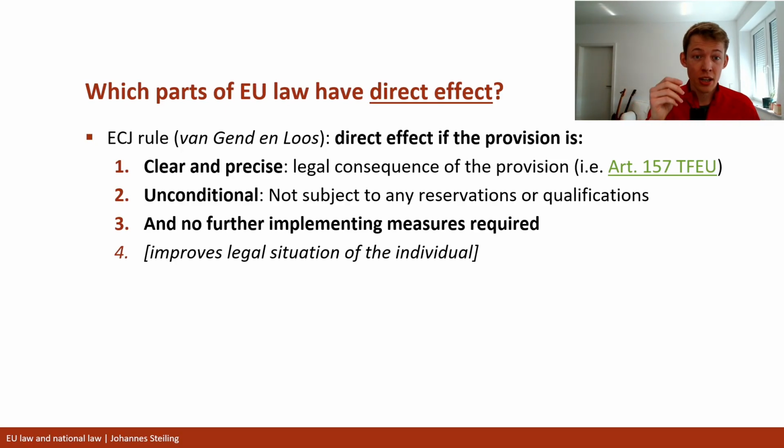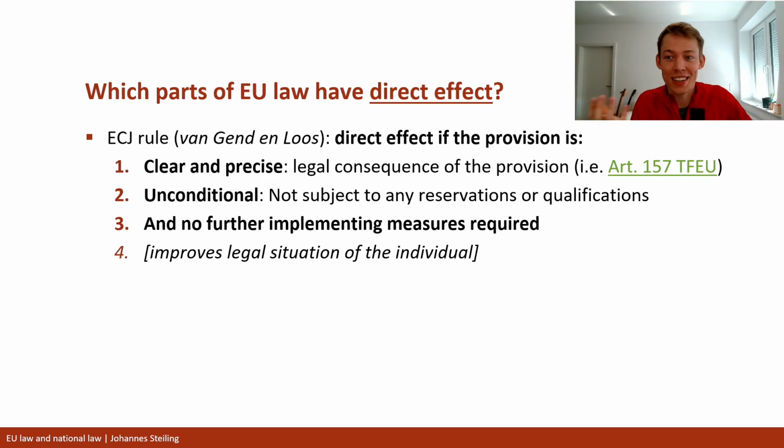For example, the article we talked about, Article 157, is also applicable according to the ECJ, not only against the state, but also against my employer. So I can sue, it is applicable in a case between an individual and their employer. So now, obviously, if the employer loses the case based on Article 157 TFEU, then it worsens the legal situation of the employer.